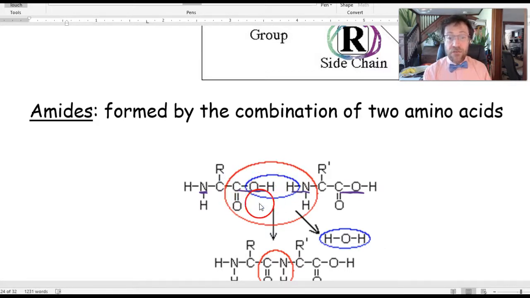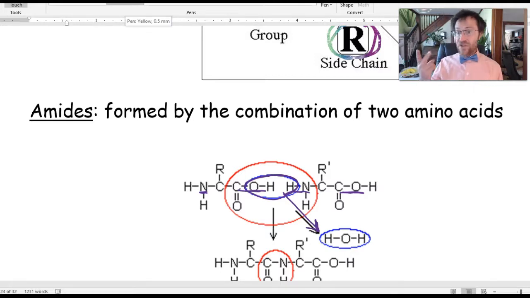And when that happens, when you have an organic acid right next to an amine, you get two hydrogens and an oxygen right next to each other. Can you think of any molecule made of two hydrogens and one oxygen that is incredibly stable? I'll give you a minute to think about it. You're right, water. So what happens is these just get close to each other and they break off and form water. You dig what I'm saying there? Why? Because two hydrogens and one oxygen make one of the most stable molecules ever,